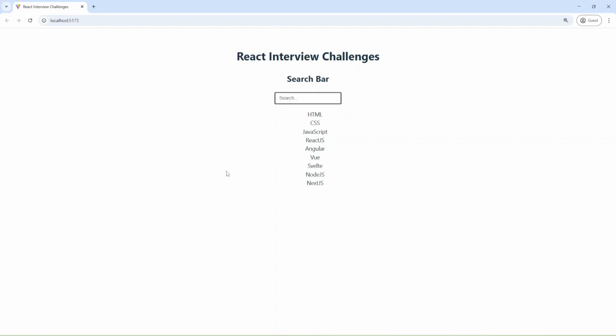And when I provide some search value like JS, as you can see, we have filtered items, and I can provide more values, and as you can see now we have nothing. Let me provide React, and React.js was filtered. And now let's go to the code and implement our challenge.